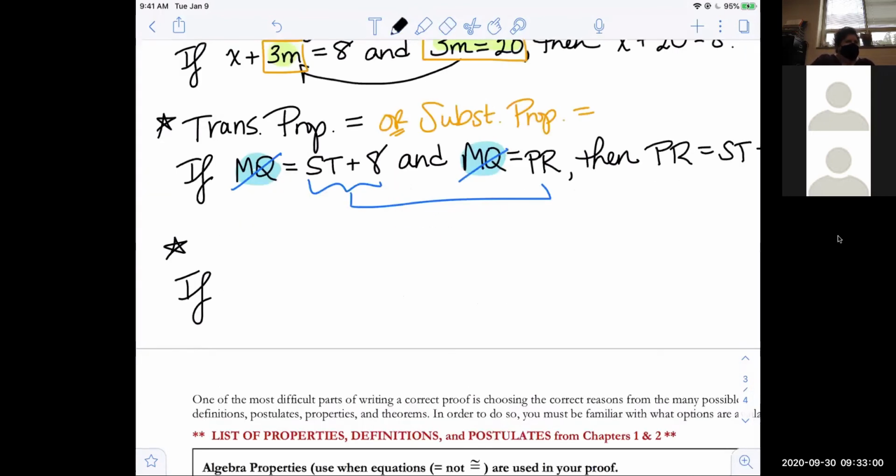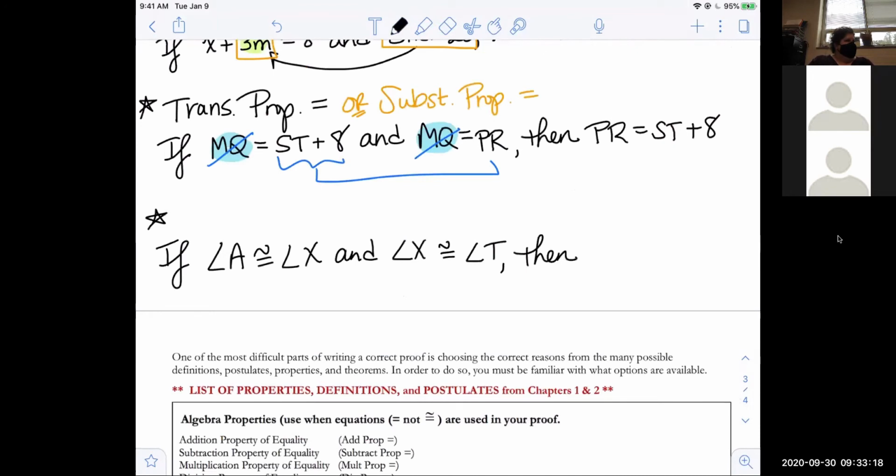Okay, if angle A is congruent to angle X, that's what I mean to say, and angle X is congruent to angle T, then,